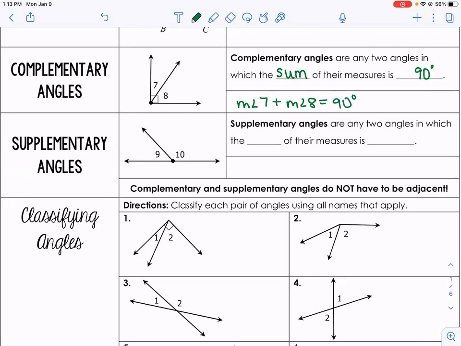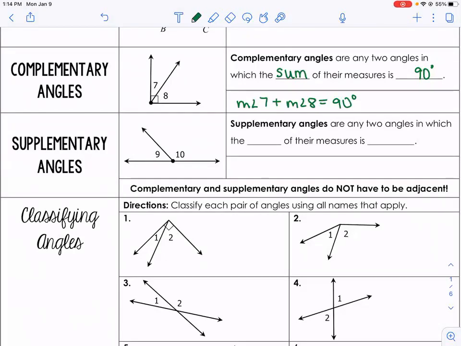Is there something else we can say about angles 7 and 8? That is funny. It is. That is why 6 is afraid of 7. But